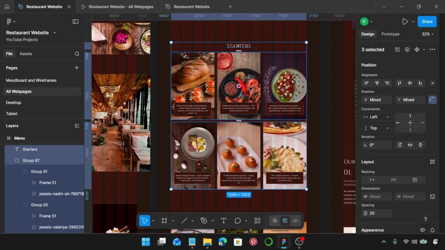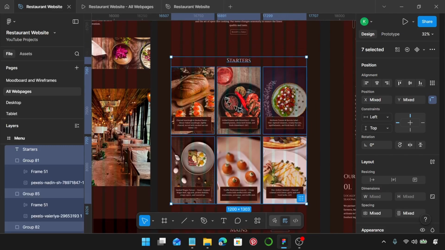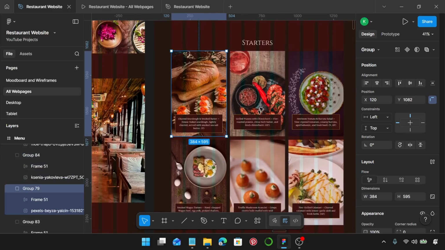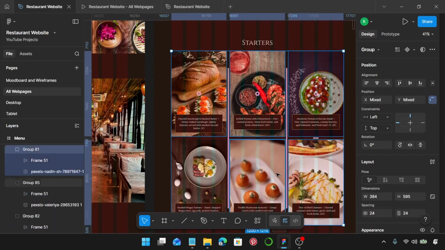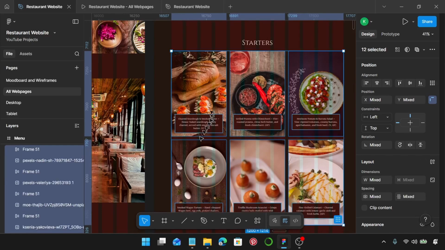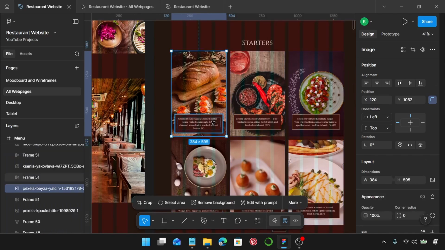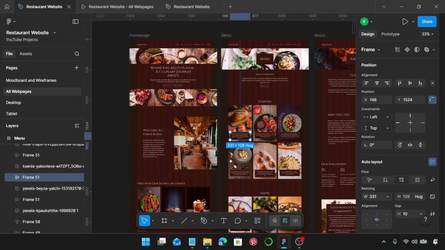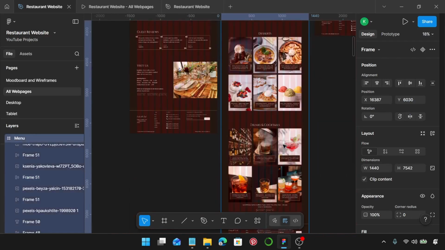I'm going to ungroup and then ungroup again. All of these are still groups, so I'm going to select all of them and ungroup. We want all the images to be separate from these frames because we're going to reuse them. We're going to change the alignment and spacing of this entire